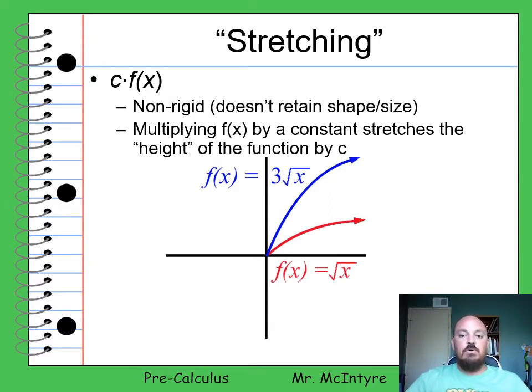So here's an example right here. I use square root of x again for the third time in a row in red, and in blue I multiplied it by 3. And you can see it's not the same shape or size. It looks like a different graph. It's been stretched out. So a good way to think of this one,